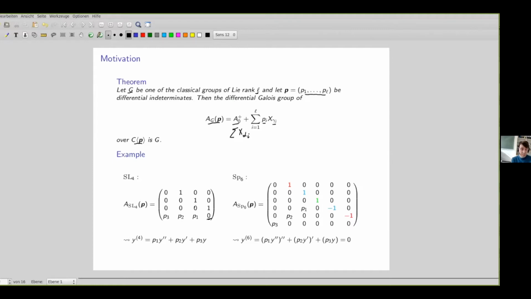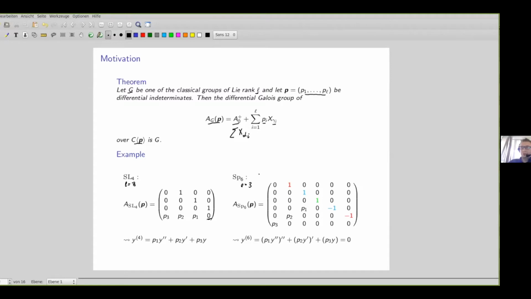All right. May I ask a short clarification? So in the theorem, G is an algebraic group, right? Yes. By Lie rank, you mean the dimension of the space where the roots live, so the dimension of the Cartan subalgebra. Exactly, it's the dimension of the Cartan subalgebra. Okay, so it's less than the dimension of the group. Exactly. So in this case here, this is Lie rank 3. And capital C are complex numbers, or is it just some algebraically closed field of characteristic 0? Yes, you can think about the complex numbers. Okay, thank you.